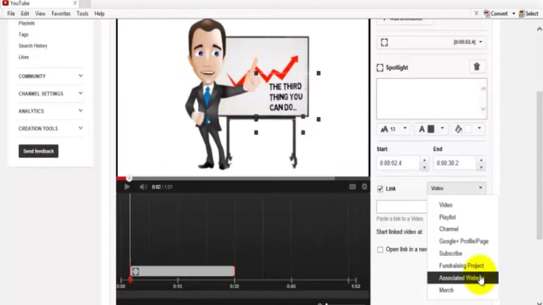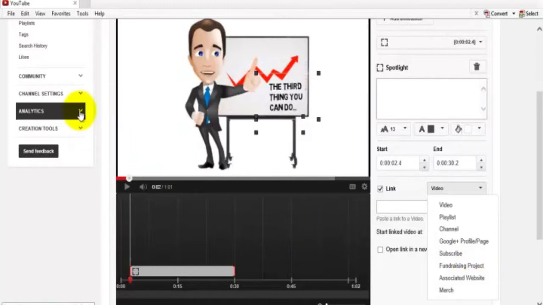And this is a very useful way of being able to get traffic at the point at which you want it, and you can actually go back and edit this video without disturbing the video itself to continue to test where the link is going to be the most effective. Of course, what you would be using in this case is the analytics section,